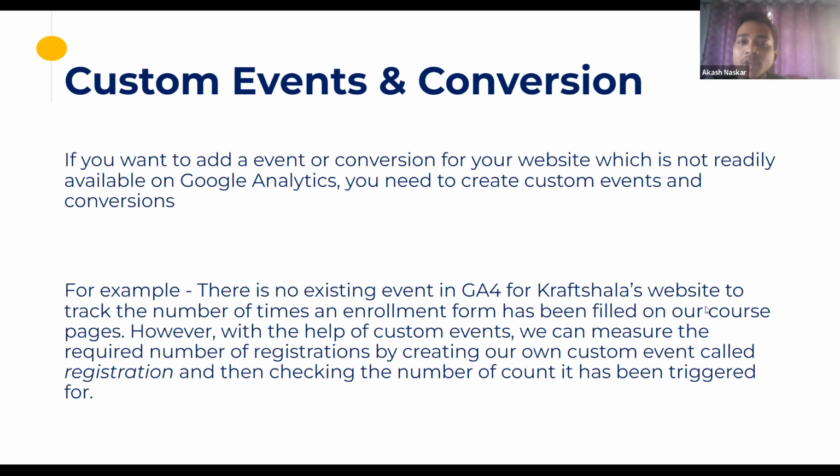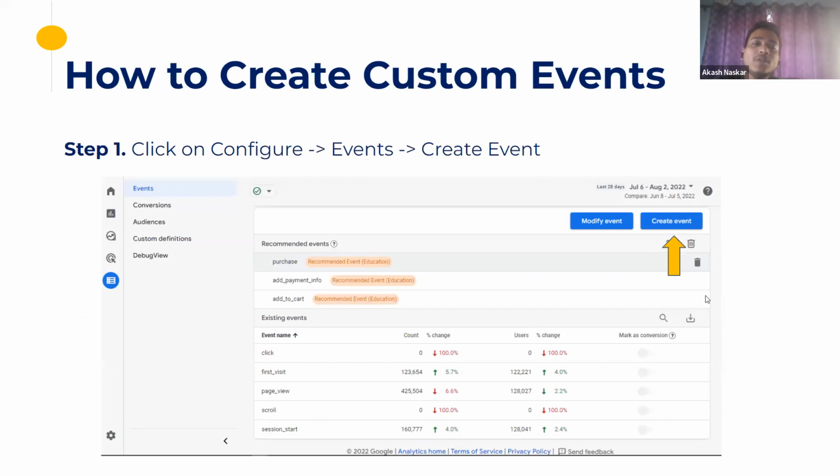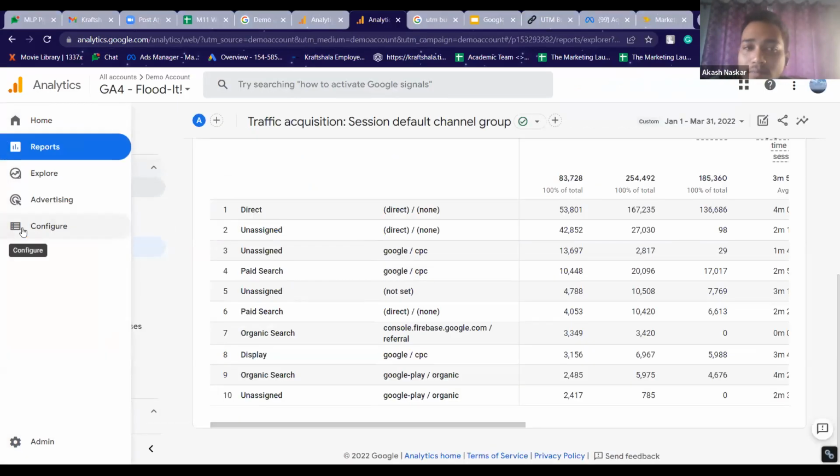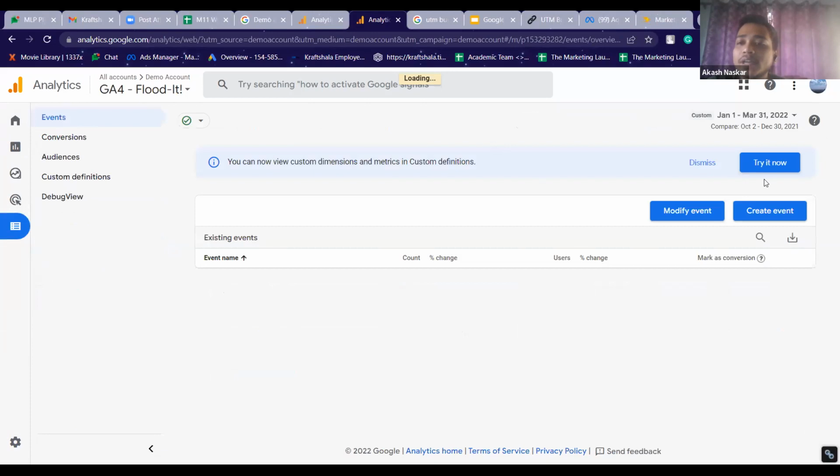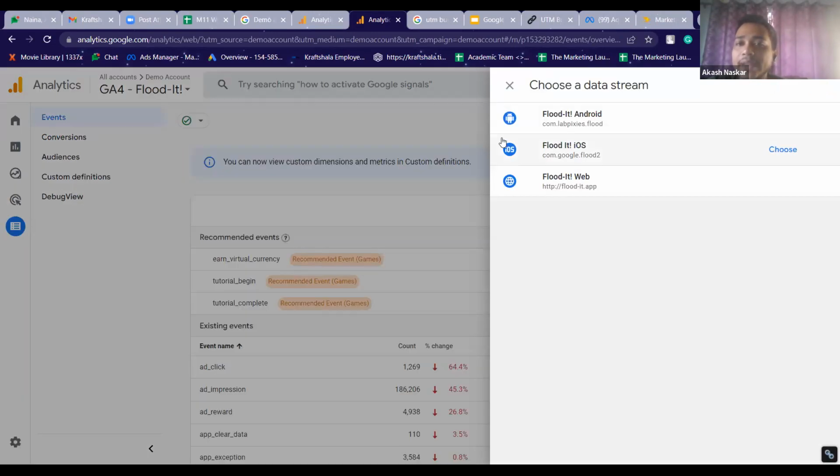So how do we create it? To create custom events, we go into this particular section of Google Analytics, that is Configure. Once we are in the Configure section, we specifically click on Create event. Once you click on Create event, it will ask you from what section you want to create